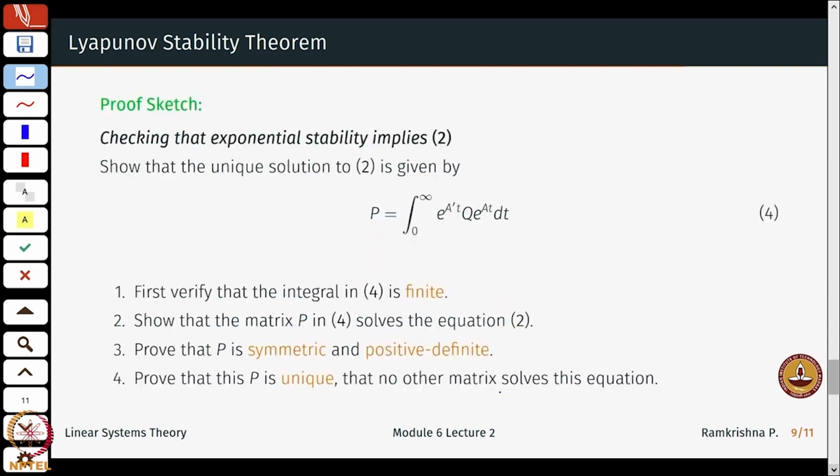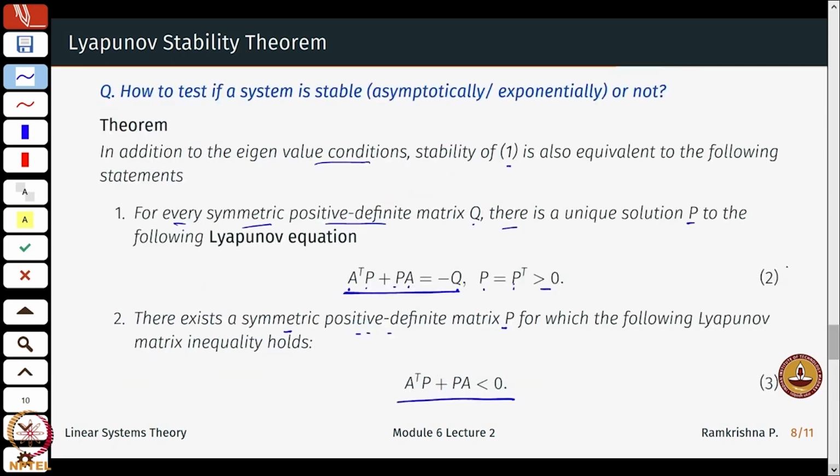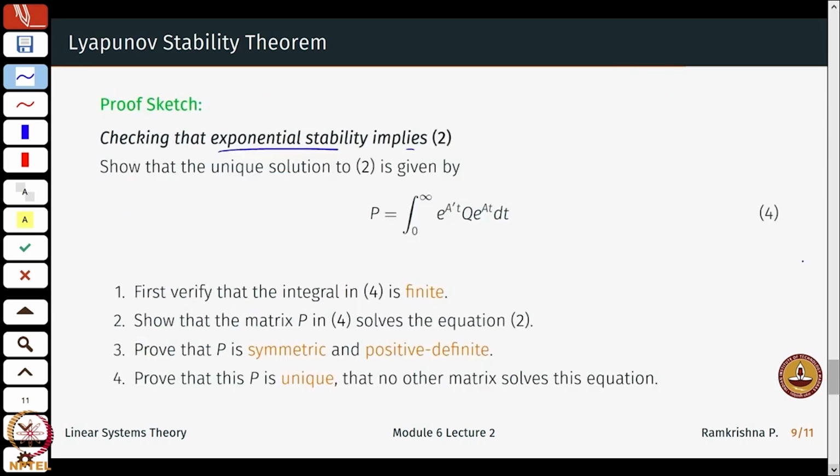I will give you a little gist of the proof and then we will go into the details of it. First, we need to understand what is given to us and what is to be proven. Part 1 of the proof goes in the following way. We will check that when the system is exponentially stable, it actually implies this equation. We will begin by showing that the unique solution is given by this indefinite integral from